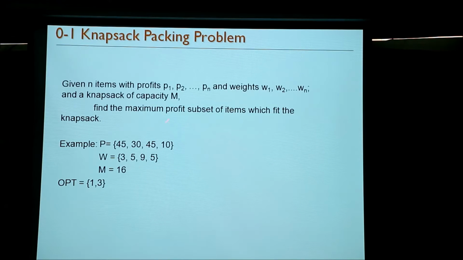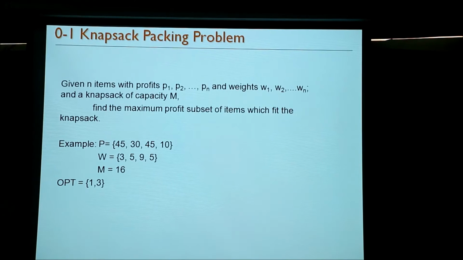And the objective is you have to find some subset of these items which has the maximum profit and which fits the knapsack. So you cannot overshoot the capacity of the knapsack. You have to fit the size m and you have to find the set of maximum profit.